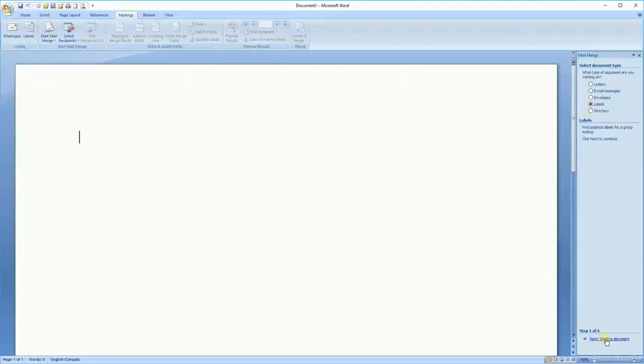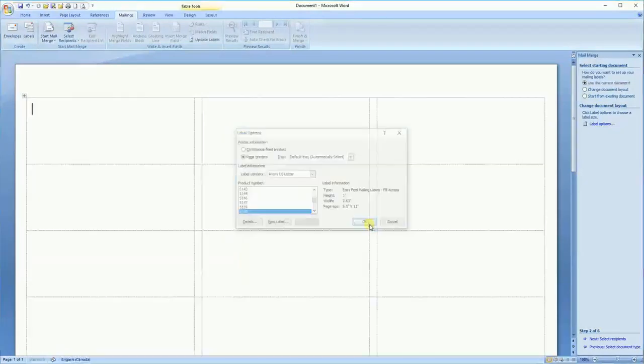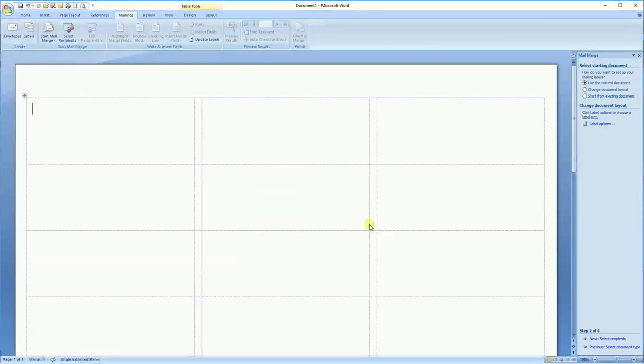In this next step, we will select the type of labels we want. And you do that by clicking on Label Options. That will bring up a dialog box with literally dozens of types of labels that Microsoft Word supports. I like Avery 5160 labels, but select the type that's best for you and click OK. When you do that, you see the label format appear on your page. In this case, it's going to be 3 up for me, and I'm happy with that format, so we click